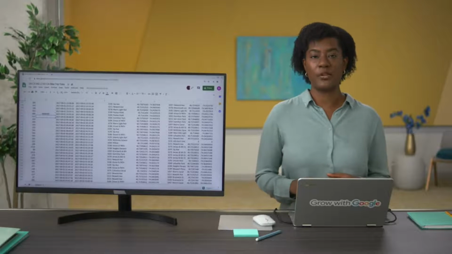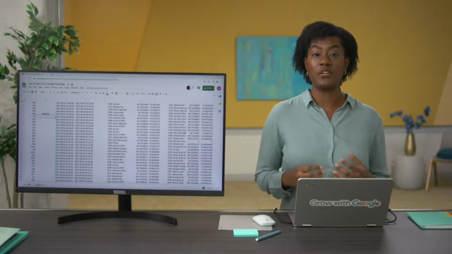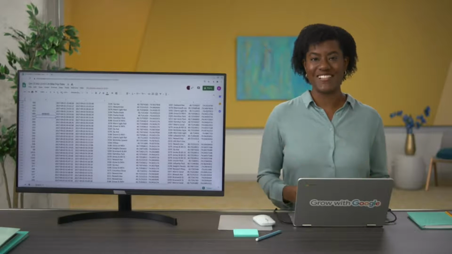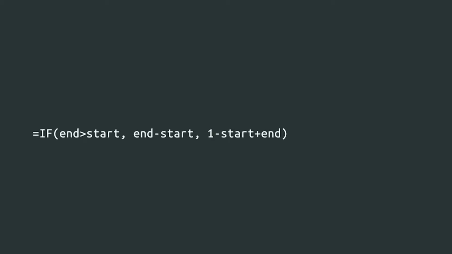Turns out they had a similar problem on a previous project, and they're able to show you a conditional formula that you could use to speed up your calculations. Great. They suggest using an if formula like this. This basically says that if the end time is larger than the start time, replace the standard end time minus start time formula with 1 minus start time plus end time.